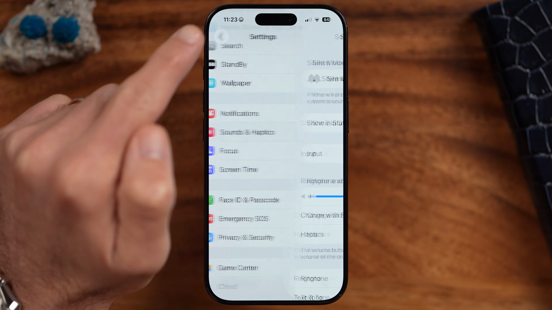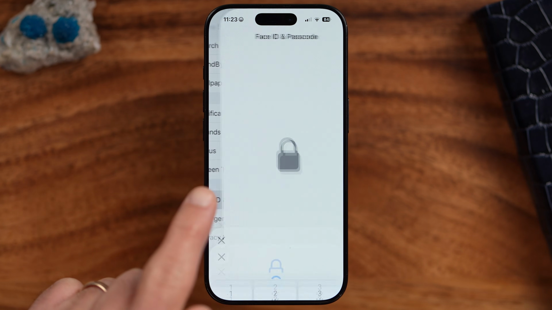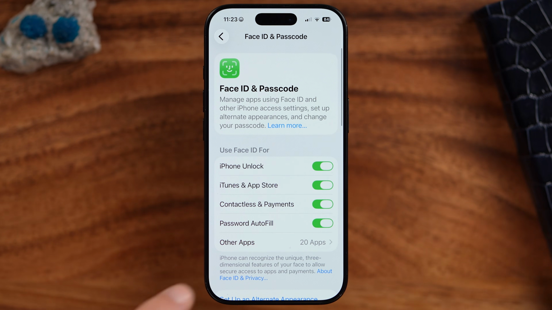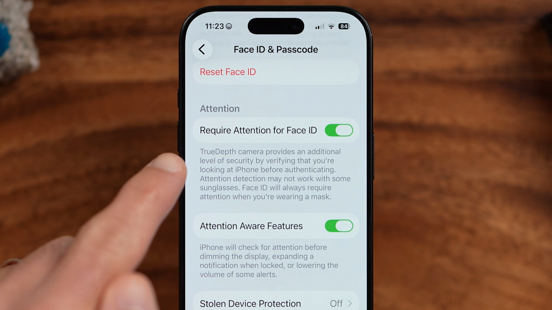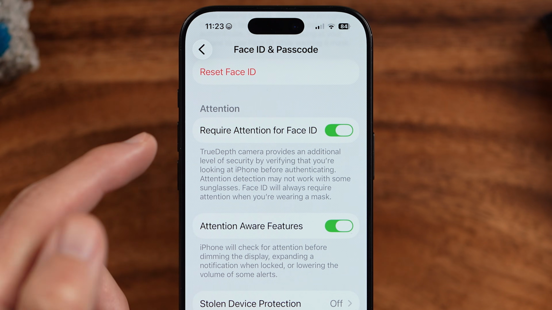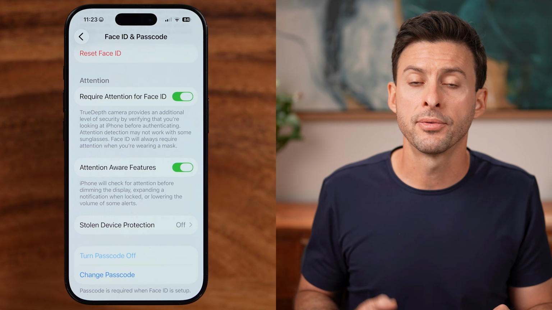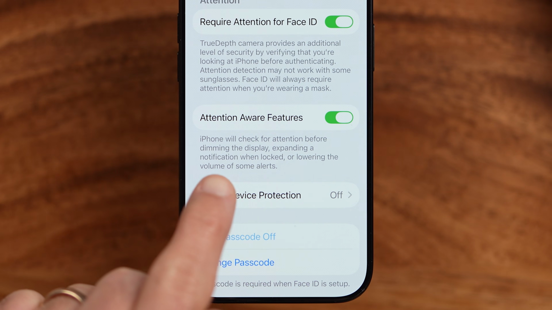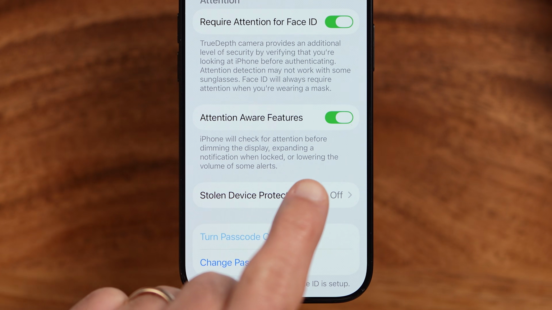So tap the back arrow, tap on Face ID and passcode, and you'll need to enter in the passcode for your phone. Let me do that real quick. Scroll down and look for require attention for Face ID and attention aware features. You can see require attention means you need to be able to look at your phone for it to unlock, and attention aware features says iPhone will check for attention before dimming the display, expanding the notifications, and lowering volume